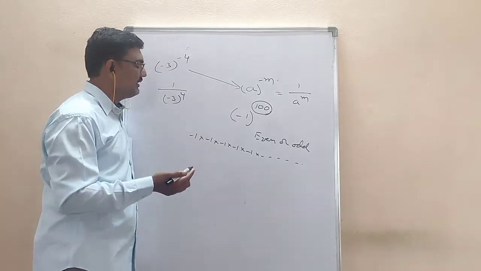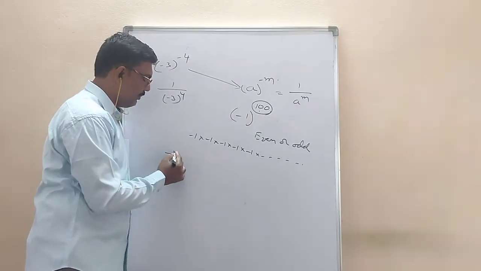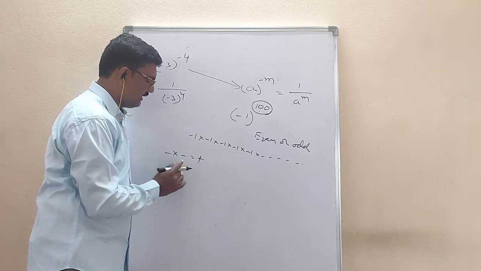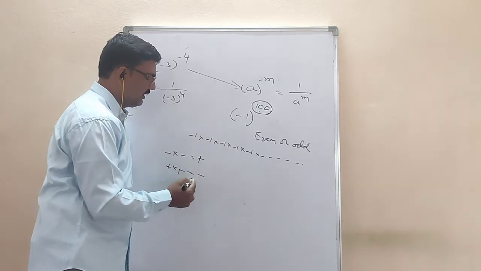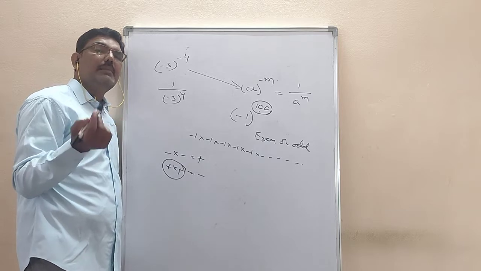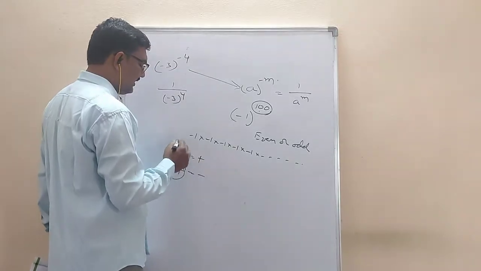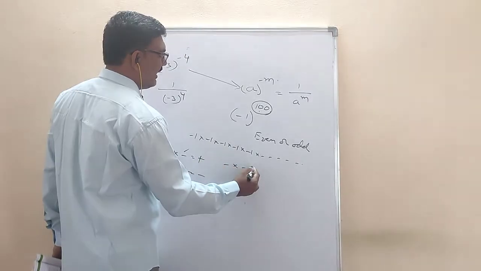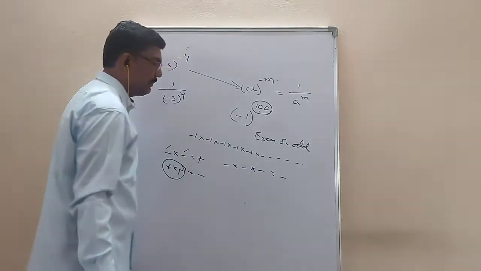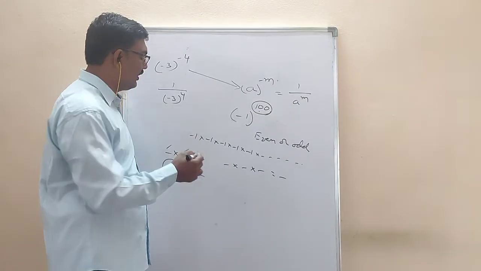So what happens is, if minus is repeated an even number of times, you know minus into minus is always plus. Plus into minus is always minus. So see here, minus into minus is plus, meaning minus repeated 2 times. Minus into minus into minus, minus repeated 3 times. If minus is repeated 3 times, the answer will be minus. If minus is repeated 2 times and you multiply, you get plus.